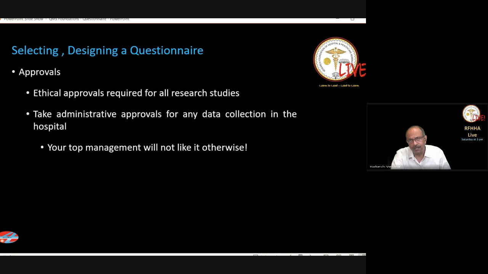Whenever you are collecting such data, always ensure that you take administrative approval from your top management. Please remember that nobody in the top management will like it if you start collecting data without their approval. It is as if you are trying to snoop or spy into the organization. So when you are doing this, please ensure that you have taken the necessary approvals from the administrative authorities, because